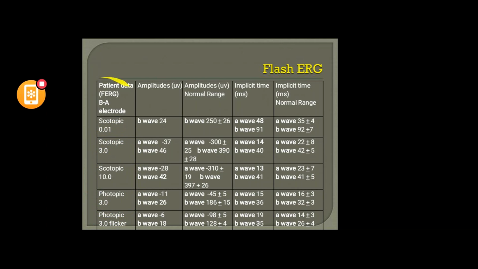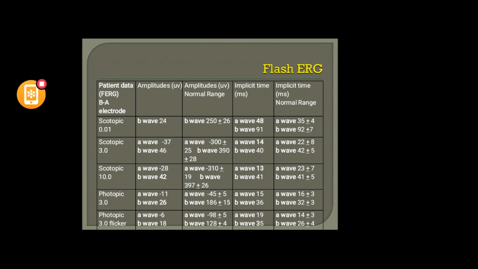Subsequently, you can also see the patient data, and the protocol used is Flash ERG with a BA electrode. That BA electrode is a Burian-Allen electrode. You should also know what type of electrode you are using, and you have to have your normative data